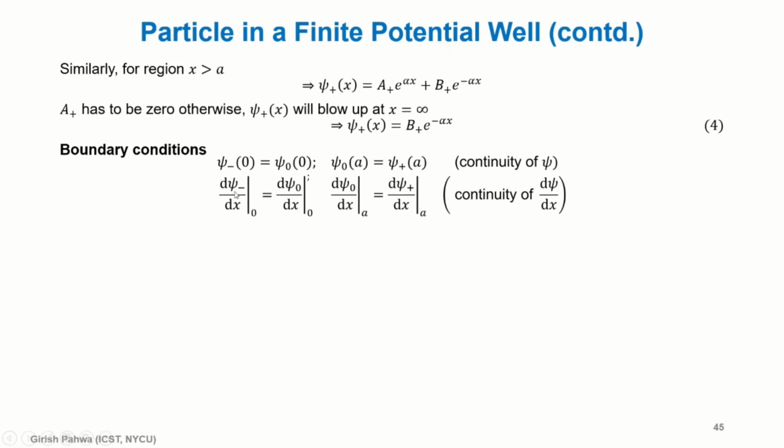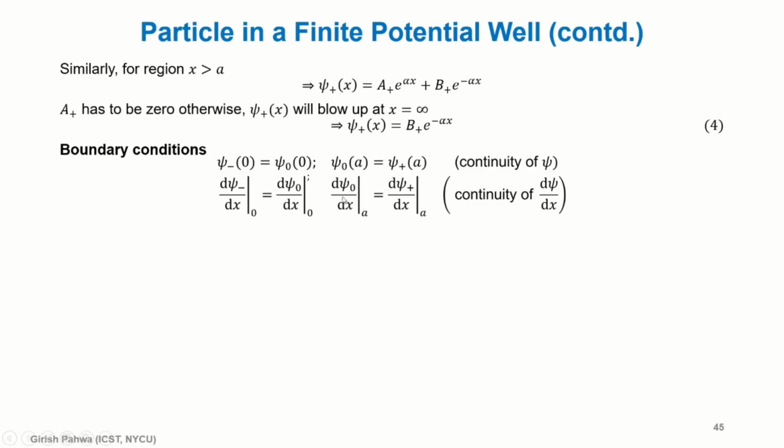Okay, at x equal to 0, dψ minus over dx equals dψ naught by dx. Similarly, at x equal to a, dψ naught by dx must be equal to dψ plus by dx. So this is the continuity of the derivative of ψ. It just means that the function is differentiable. If you do that